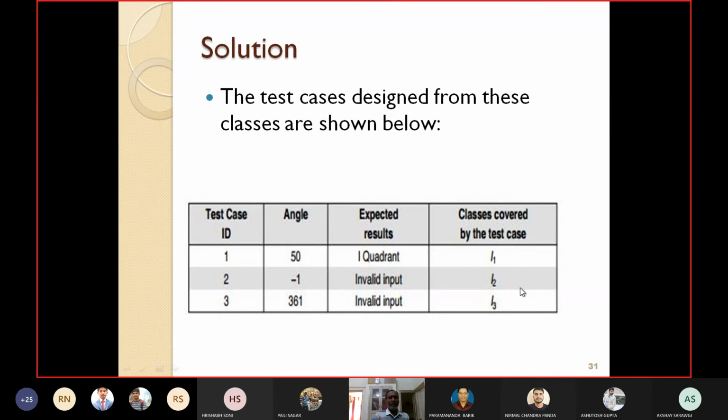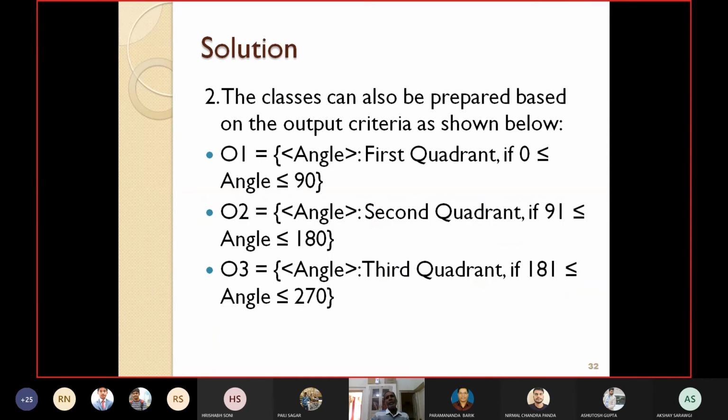This is one way of generating test cases for the given angle problem. The same problem I can solve from another angle, in another way. Okay, this can be solved using another aspect. These classes can also be prepared based on the output criteria as shown below. That means for the first class, we have to choose the angle in such a way that it will lie in the first quadrant.